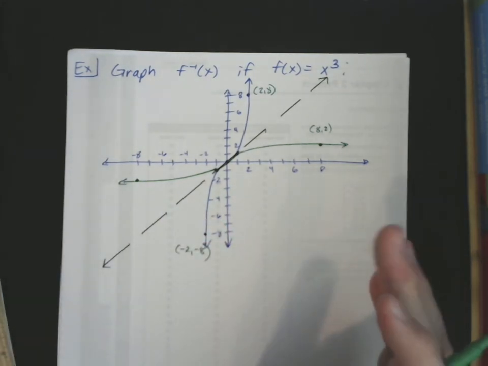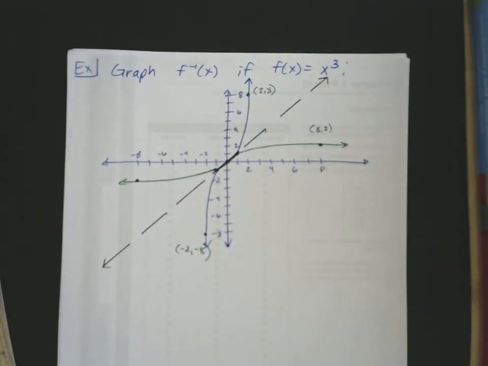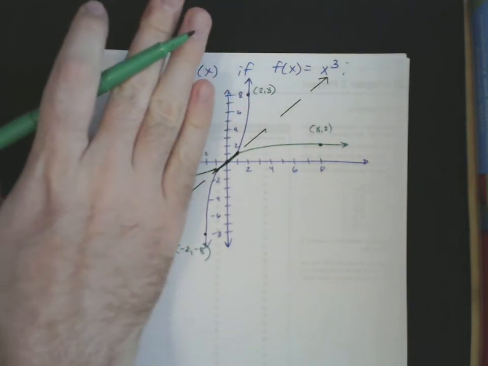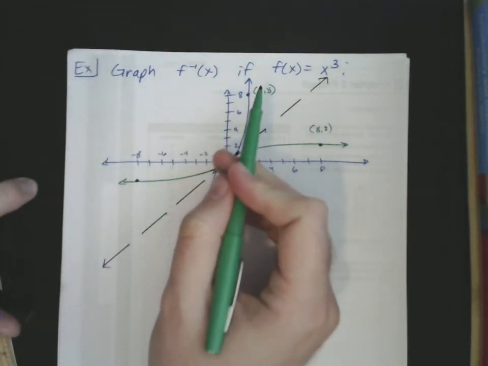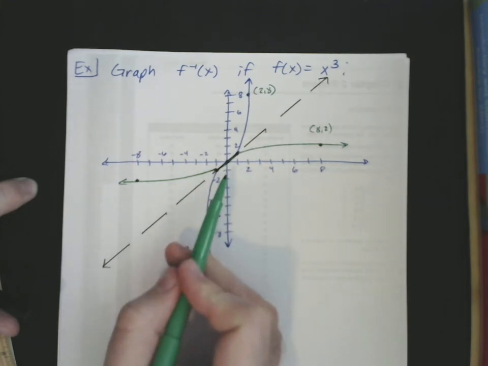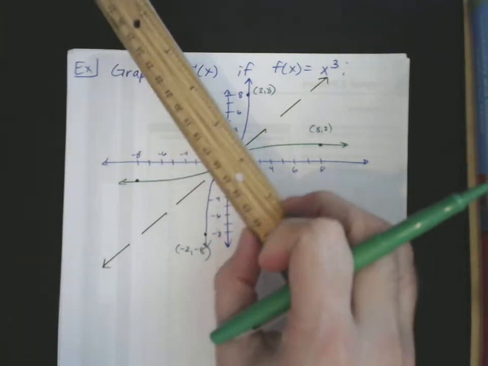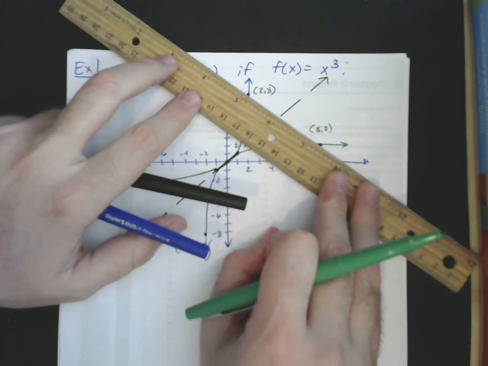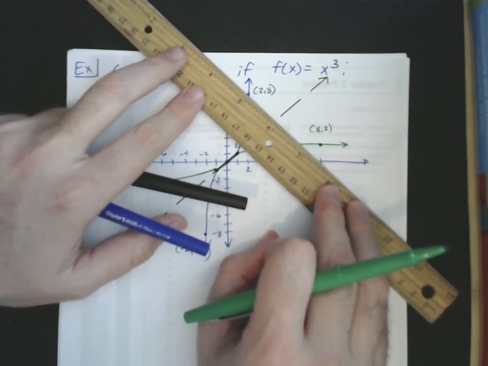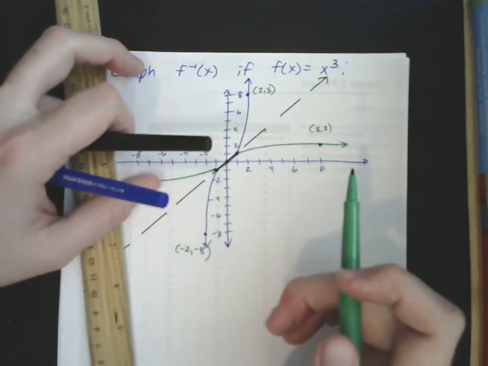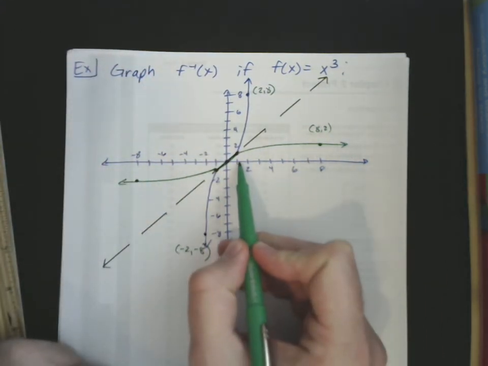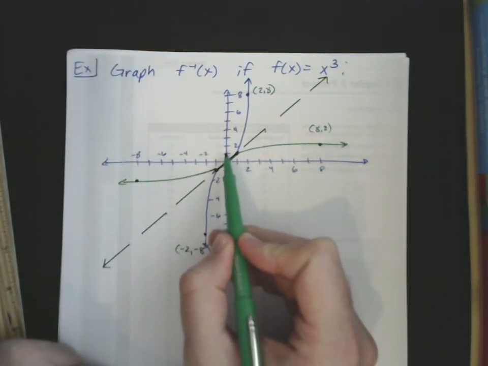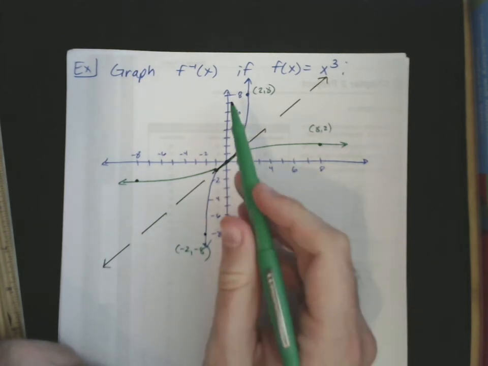So you can see that it looks pretty good, pretty perfectly reflected. This piece over to here and this piece over to here. And if I were to draw a line through this, mine's not going to be perfect. The idea is that on a scaled axis that's completely equal, you can see my distance between 1 and 2 and 1 and 2 is not quite the same. That's why we're not getting the nice